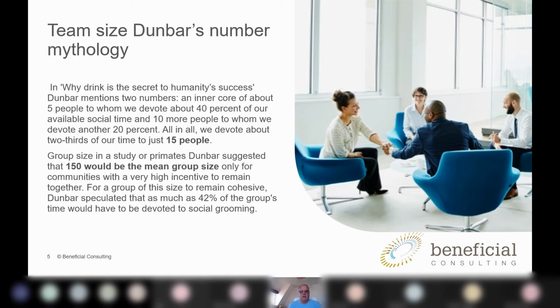The reason communities stay together is because they can support each other in what would be a fairly prehistoric or mundane environment in which they live. They need to support each other in a constructive way. So that cohesion isn't necessarily the same thing that we have to do in a business sense.